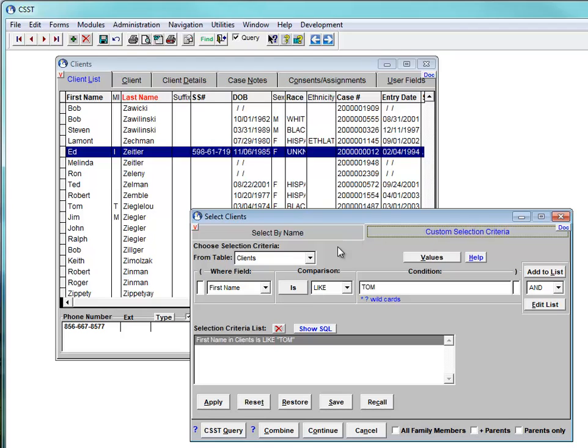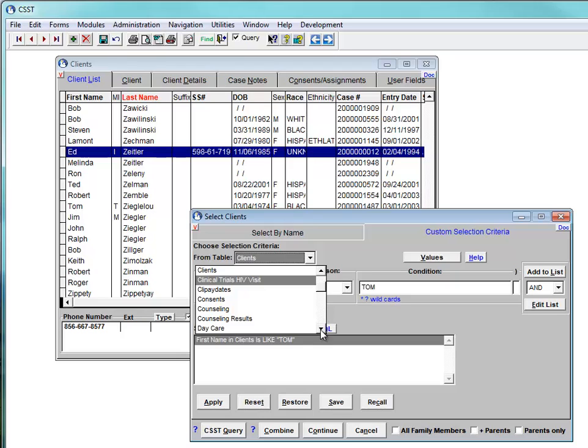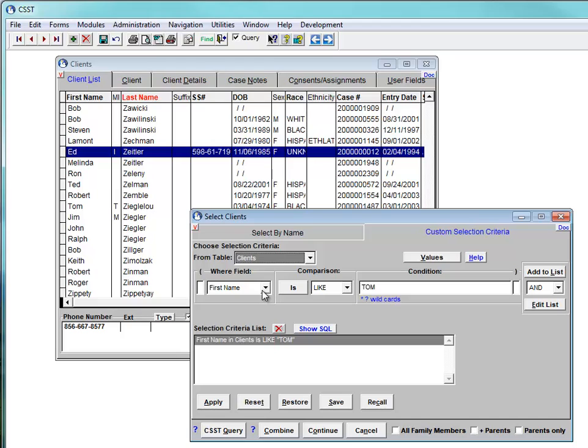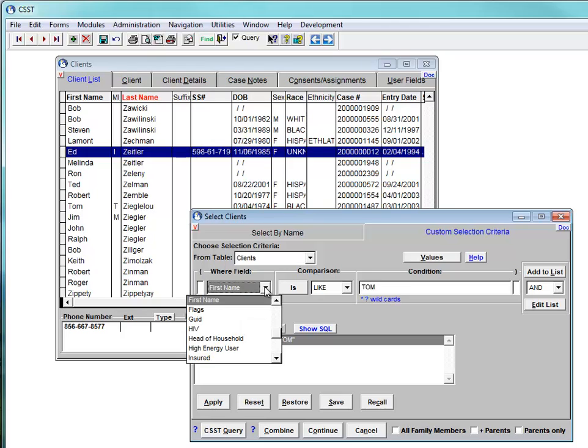conditions. So what we've got at the top of the page in the upper left corner here is a list of tables. So we've got the clients table selected, and then below that we'll see a list of field names that are available in that clients table. So if we open this up, we'll see every data table in CSST that has any relationship whatsoever to building a filter for client conditions. Let's leave it on clients, and then in the where field drop-down list, which appears directly underneath that, we'll see